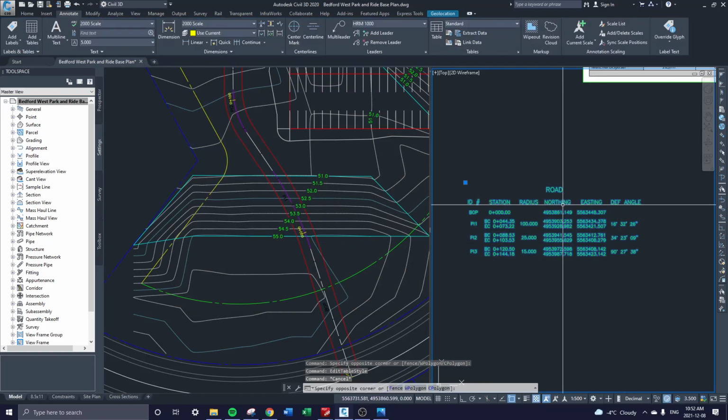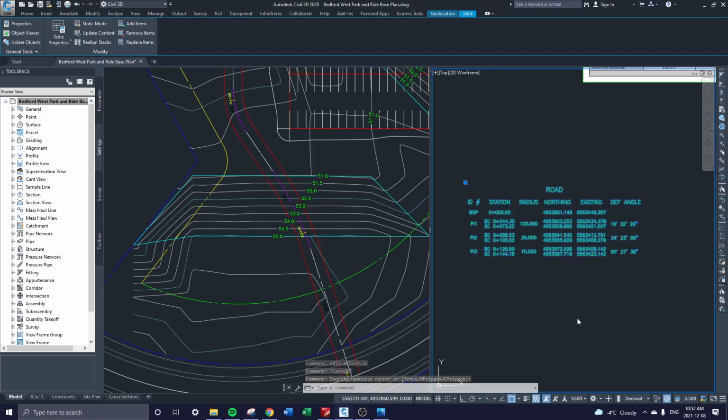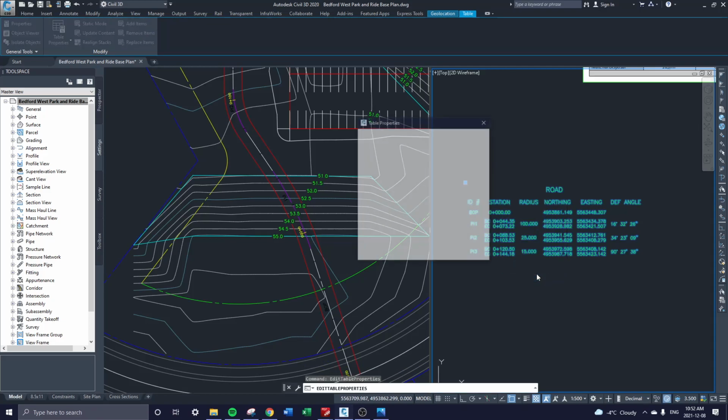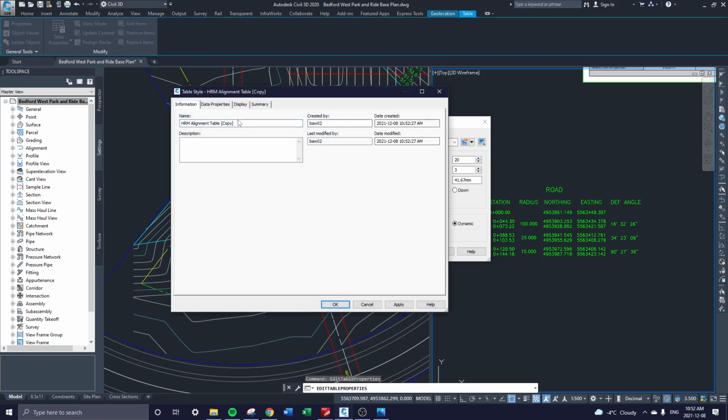All right, good. So another thing that I want to do is back here. Oh, sorry, no, my mistake. Table properties. I want to copy this current selection. We're going to make another. It's going to be almost identical, but this one's going to be for our end of project. So just call this one EOP. And we are going to